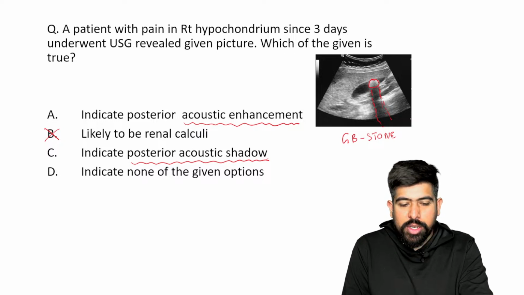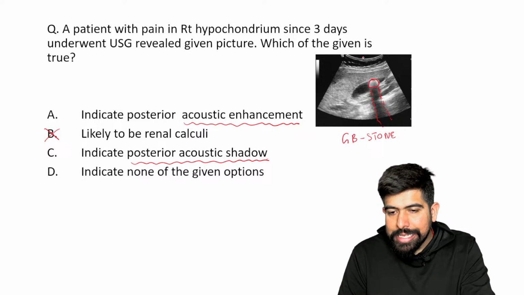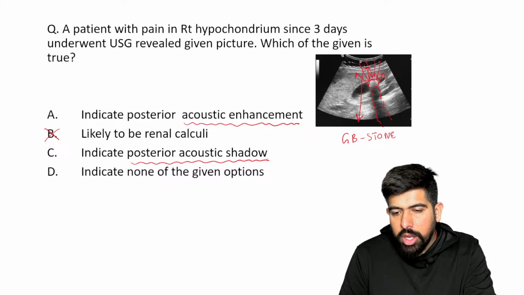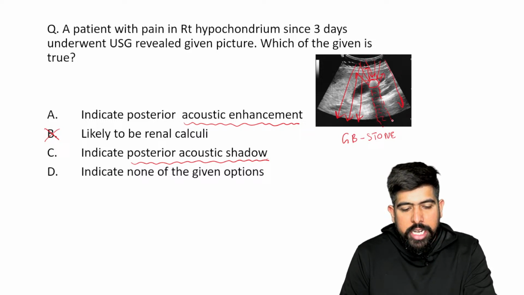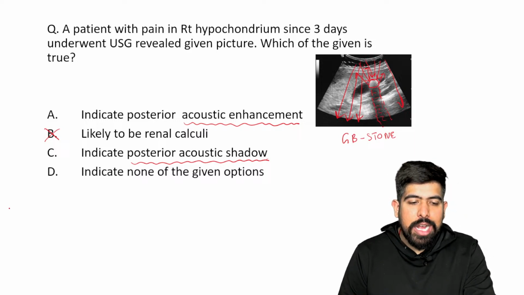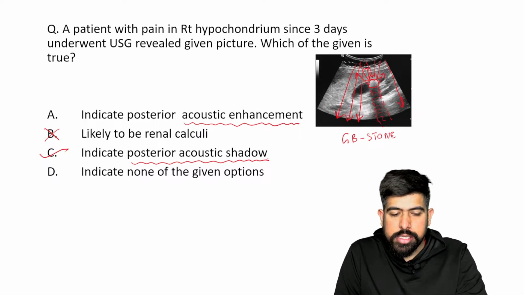Yes, very good, doctors. I already showed you, this is shadow. This is the probe. From here, the ultrasound waves are coming, they strike it and return back. But what about this condition? Here the ultrasonic waves are not returning, they are going directly through. So that's why in this area the acoustic shadow is seen. As the acoustic shadow is seen, option C is the correct answer for this condition.